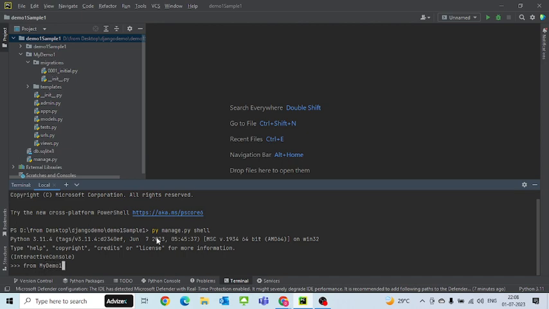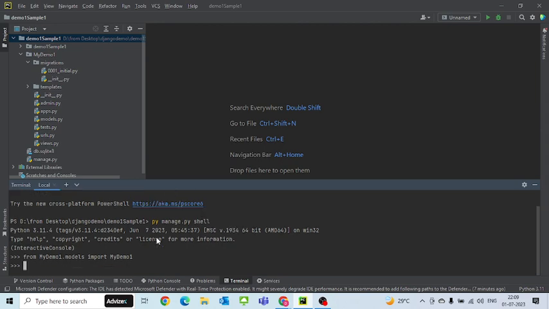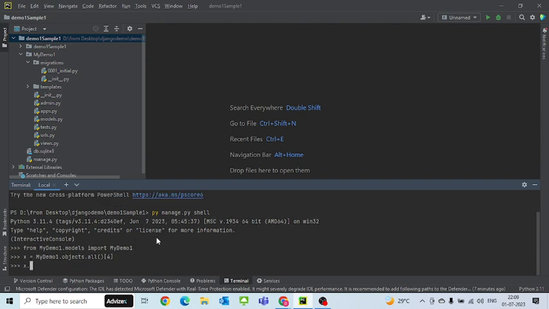Then from demo one.models import demo one. I hit enter. Then I write down x equal to my demo one dot objects dot all, and I want the value number 4 from there, and I hit enter and I write down x dot